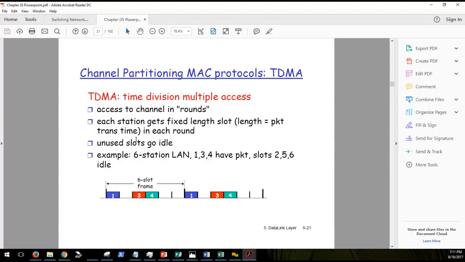And one of the problems that you have with TDMA is unused slots go idle. Yeah, but he said for the exam it's going to be all multiple choice, except